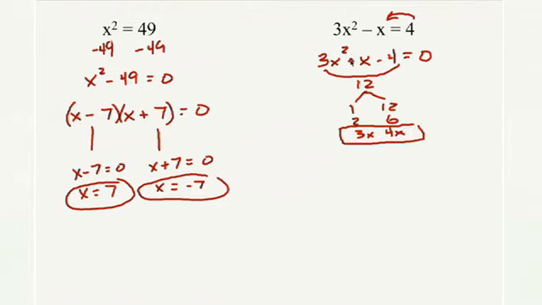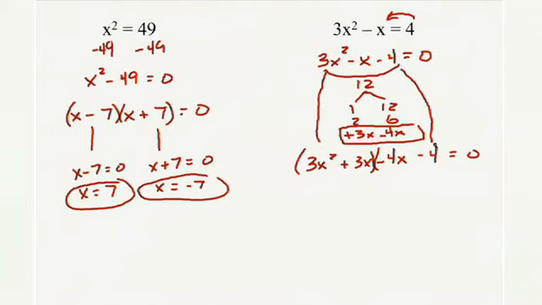Go ahead and put the x's on them, and since we want a negative 1 in the middle, we want the 4 to be negative and the 3 to be positive. That way when you subtract them, you end up with a negative 1. So now carry down the 3x squared. Substitute these two terms for the middle, and then carry down that minus 4.